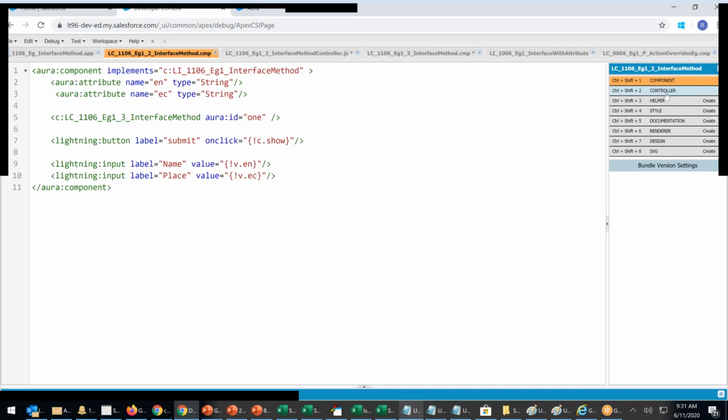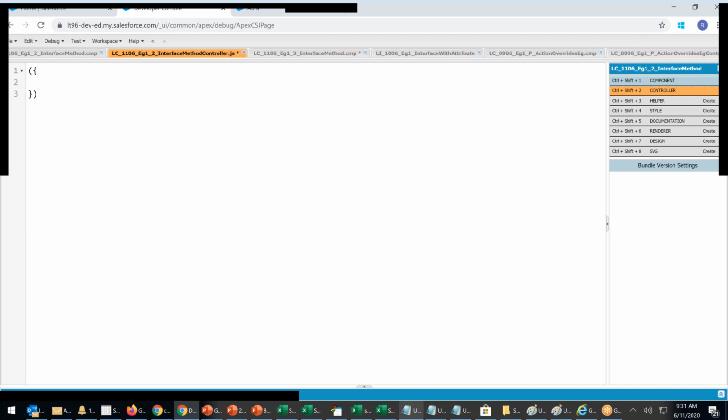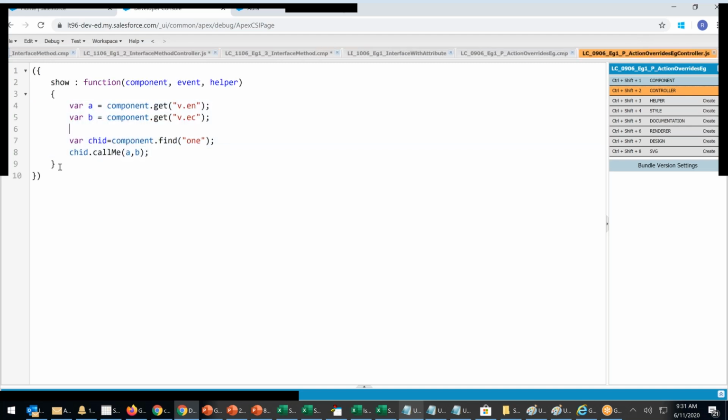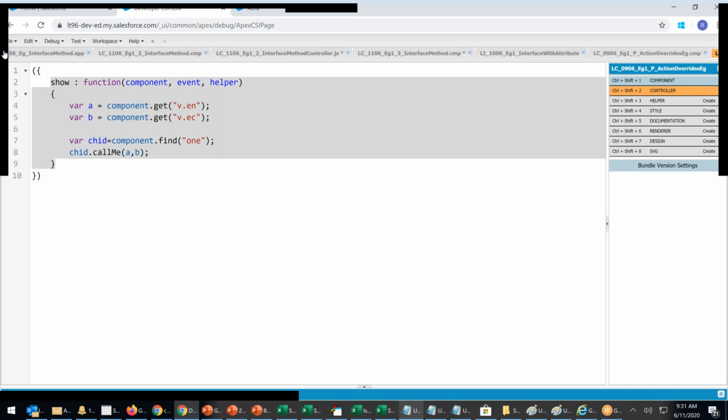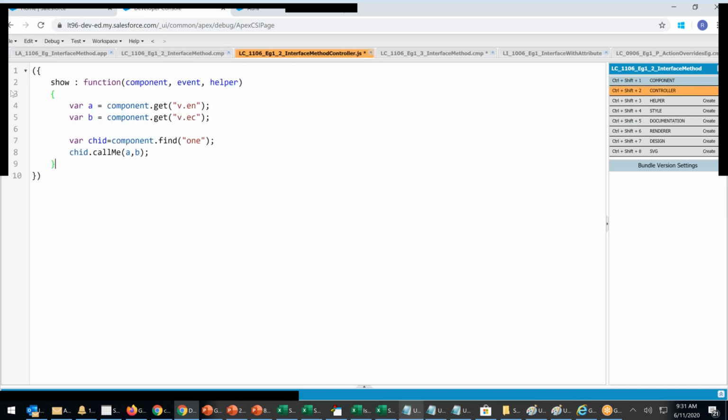There also I click on controller, remove it and paste it. Oh, what am I doing, I should have copied everything. Okay, controller, let's copy the show. Control C from 906. Then I come to 1106 2 controller and paste.